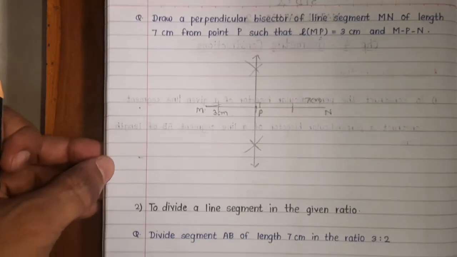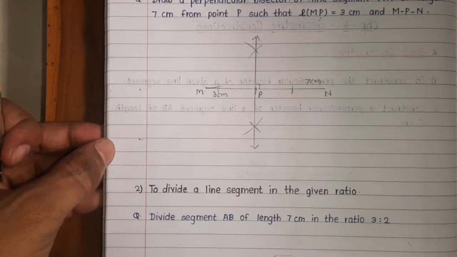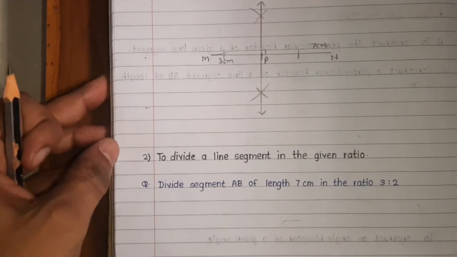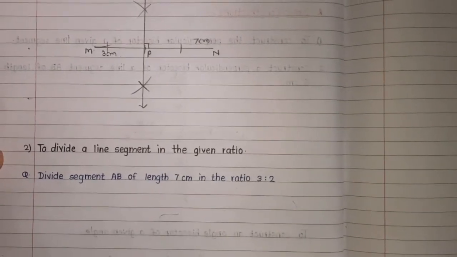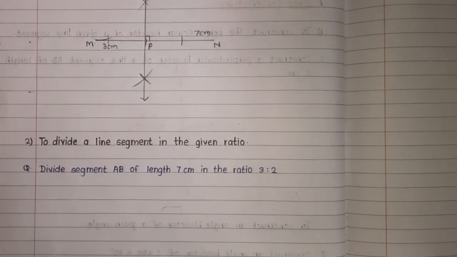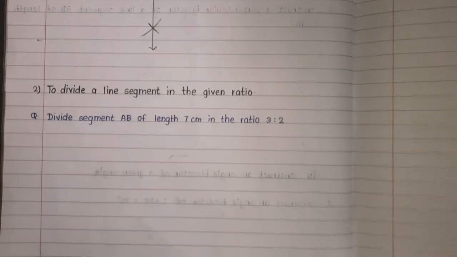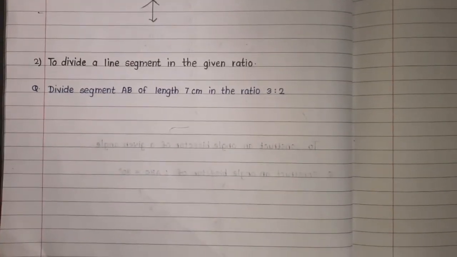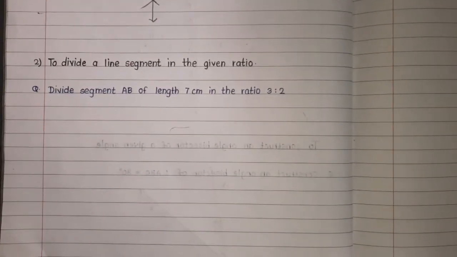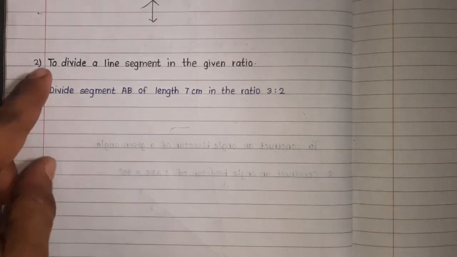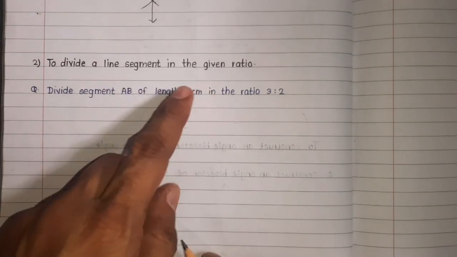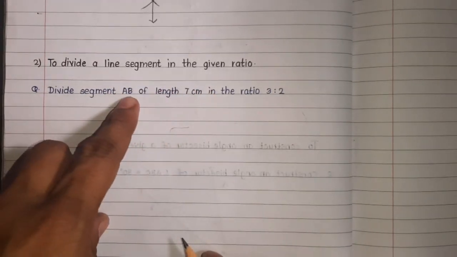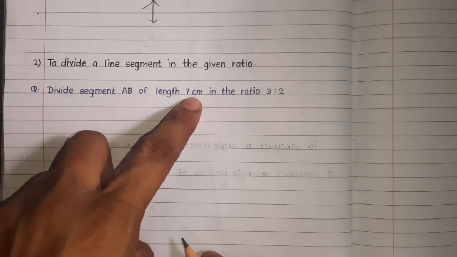That means we have to divide a line segment in a given ratio. Dear student, it is most important one. We have to divide the given segment in a given ratio. See here. Dear student, to divide a line segment in the given ratio, divide segment AB of length 7 cm